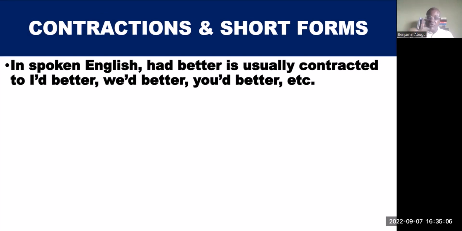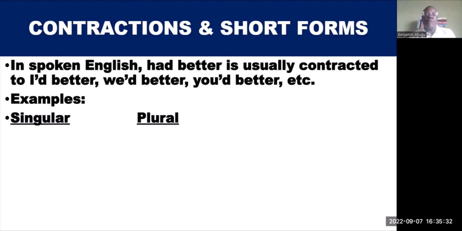It is always contracted. I'd better, we'd better, you'd better. And sometimes, you know, even the sound of D is just slight. It sounds like I better, but it's I'd better, you know, we better, but it's we'd better, you'd better, you know,